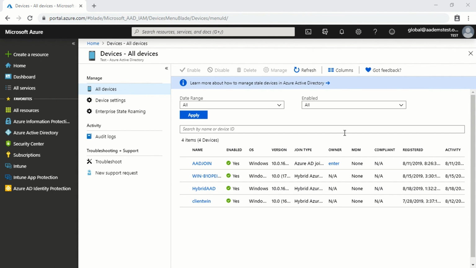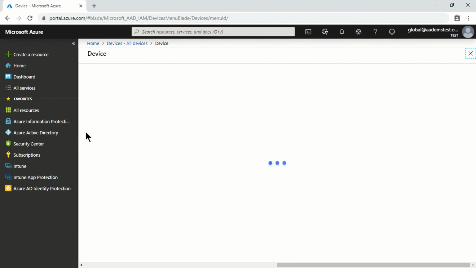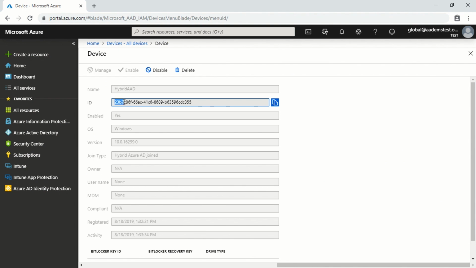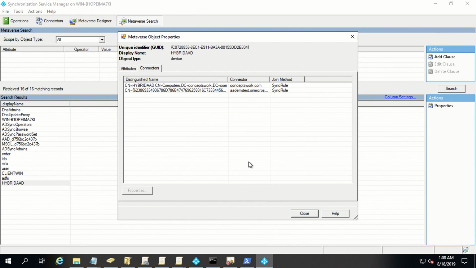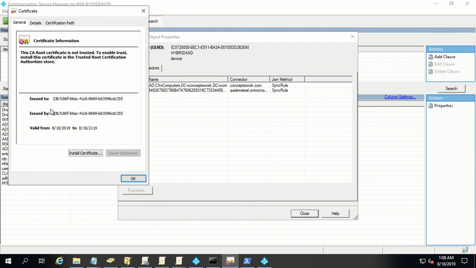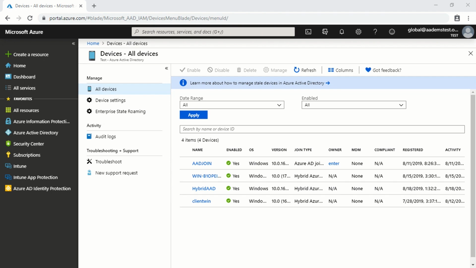The portal is refreshed now, and as you can see, it is now showing me the activity as well, which was initially NA. If I click on my device, you see this, it starts with 23B and ends with C355. Now, if I go back to my AD and check that certificate, as you can see, it is 23B355. So this is the entire process that happens when you try to configure Hybrid Azure AD joined,